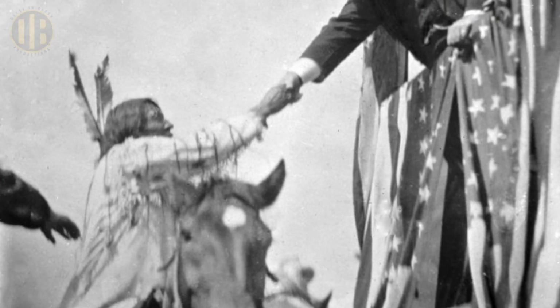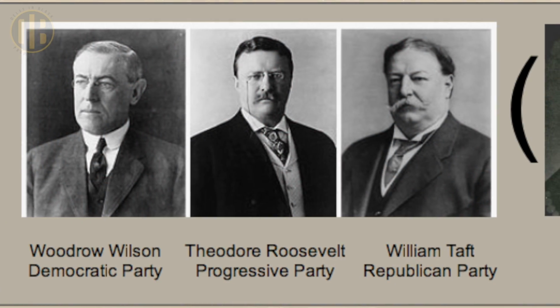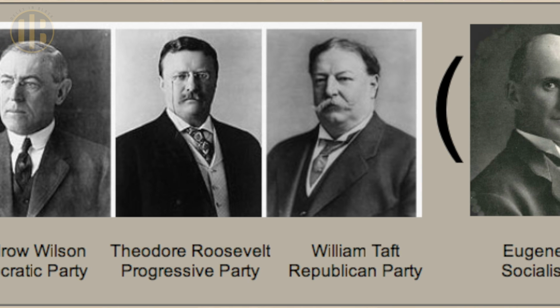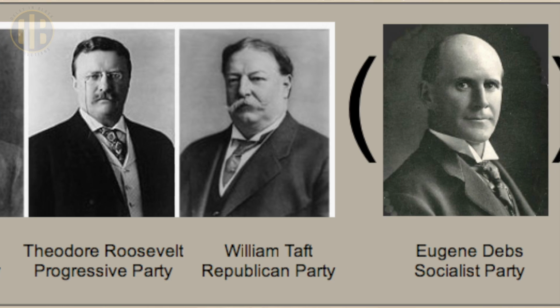So this is part of Teddy's pattern anyway, to be out meeting the public, traveling from place to place, making speeches, attracting attention. Teddy is one of the first presidential candidates to really campaign in person. And in the ensuing campaign, there were really 4 major candidates. You've got Wilson, the Democrat, you've got Teddy for the Progressive Party, William Howard Taft, the regular Republican, and Eugene V. Debs was running a strong campaign as the